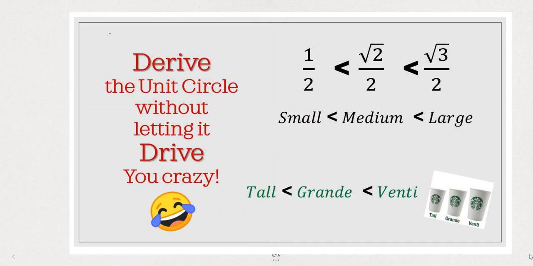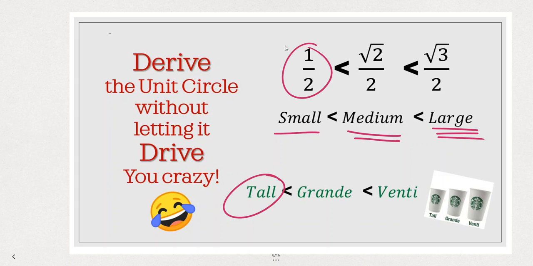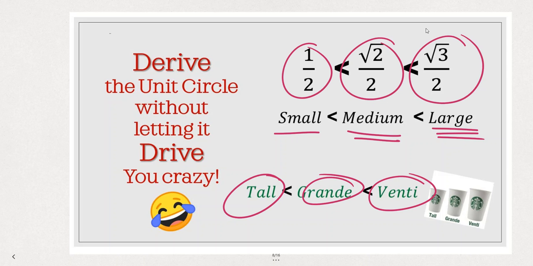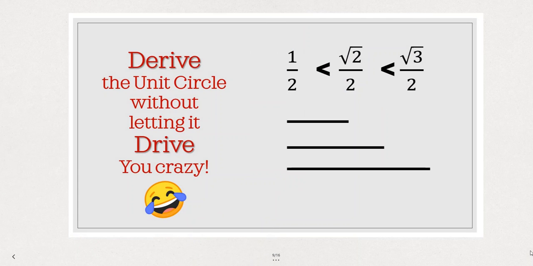I'm going to think of these three numbers, the 1/2, square root of 2 over 2, and square root of 3 over 2, as a small, medium, and large. Or if you're a Starbucks fan, you could think of them as a tall, the smallest one, a grande, the medium, and a venti, the large. A line that is square root of 3 over 2 units long is longer than the line that's square root of 2 over 2 units long, which is longer than a line that's 1/2 of a unit long. So I can put these in order: small,